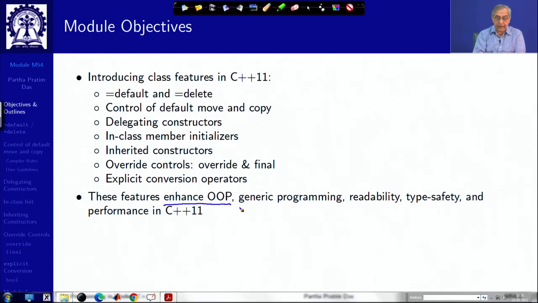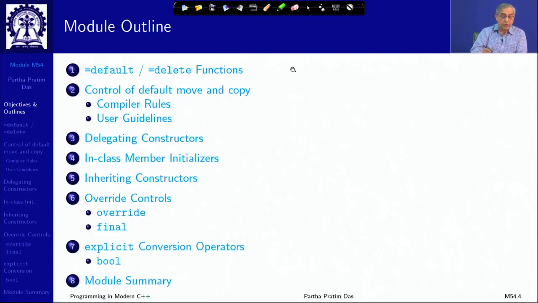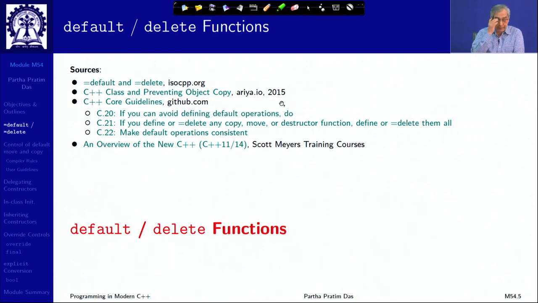in several ways. It facilitates better generic programming, it improves readability. Some features are just given to improve the readability. Some features improve the type safety, some improve the performance, and some are a mix of those. So you will not see a very coherent discussion on examples of all of these features being used in the same place, but once you get comfortable with them, in the subsequent modules you will see different ones of these being used at different places. So here is the module outline, and let us get started with the first, which is